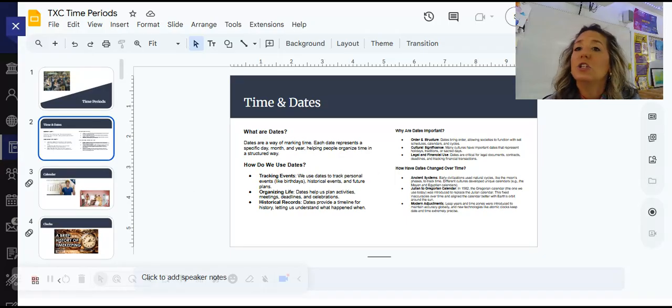This is first and foremost an art history class. This is not a theology class or a class where we talk about religion. However, you can't really talk about history without talking about religion, because religion in and of itself is an institution that gathers a lot of money, and where you find money is where you find resources. And to be able to categorize dates and times, you need resources. So unfortunately, or fortunately, however you want to look at it, religion plays a role in how we are able